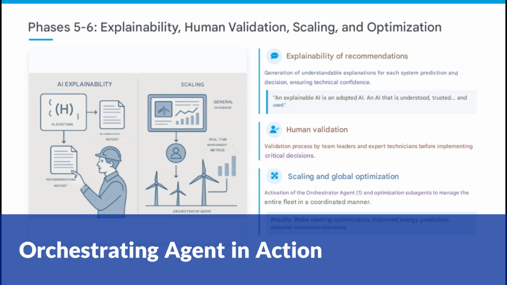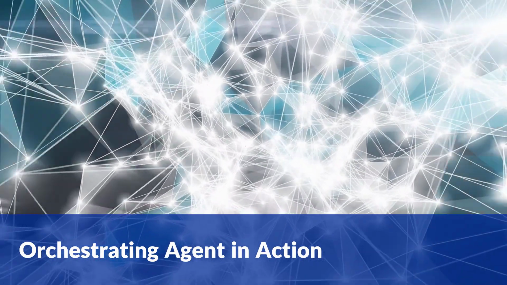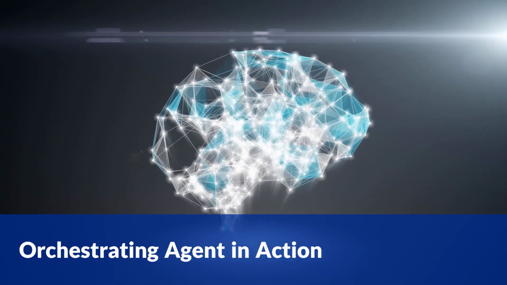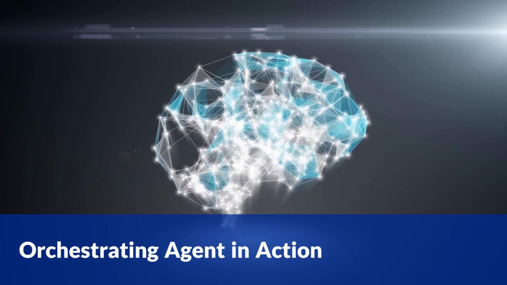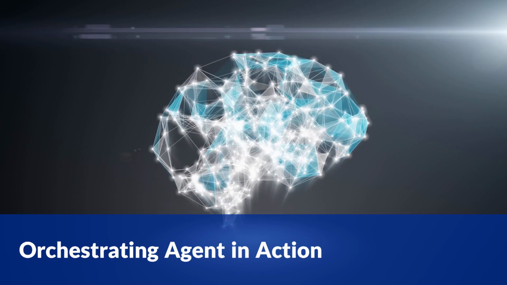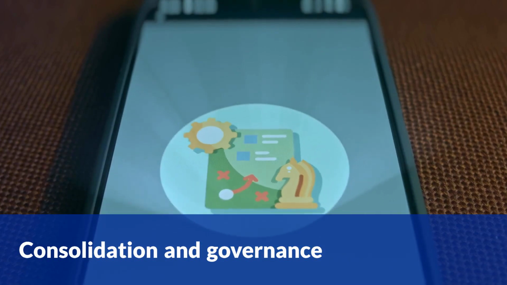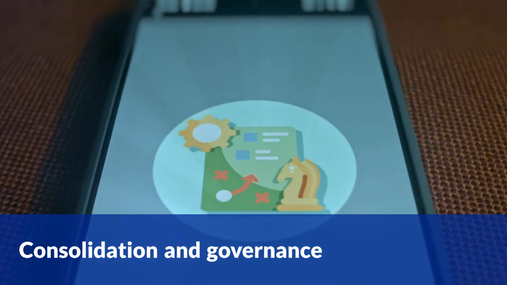Several key actions and agents come into play in this phase. The orchestrator agent, Agent 1, is activated, coordinating all operations at the fleet level. The overall fleet optimization, led by Subagent 1.1, seeks maximum collective efficiency. The continuous learning agent, Agent 8, is responsible for constantly updating and improving the models. Finally, maintenance strategy simulations are conducted using Subagent 4.3 to evaluate the impact of different approaches. This phase transforms the system from a pilot to a comprehensive and dynamic solution capable of evolving over time.